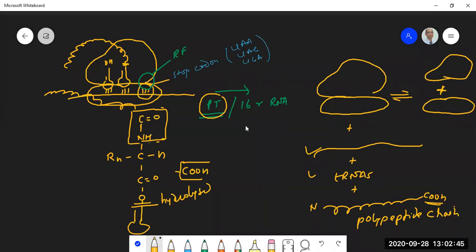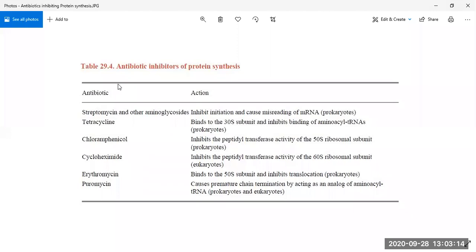All right. I sent you material for what happens in case of eukaryotic ribosome. So you have to go through that material that I sent you, and also I sent another picture of antibiotics. Since it is an important process, it becomes a soft target for various types of antibiotics also. So we have a class of antibiotics which inhibit different stages of protein biosynthesis.